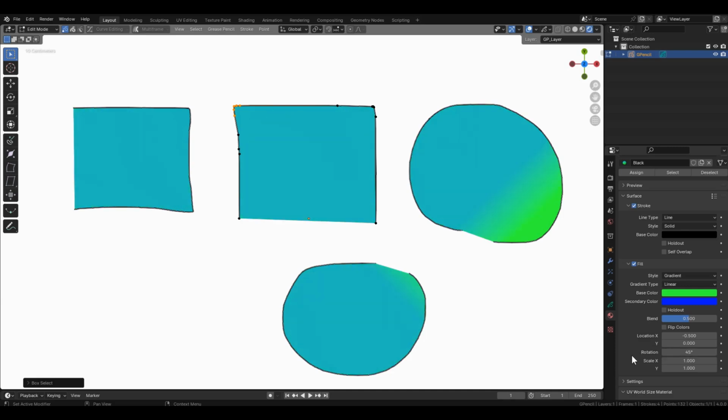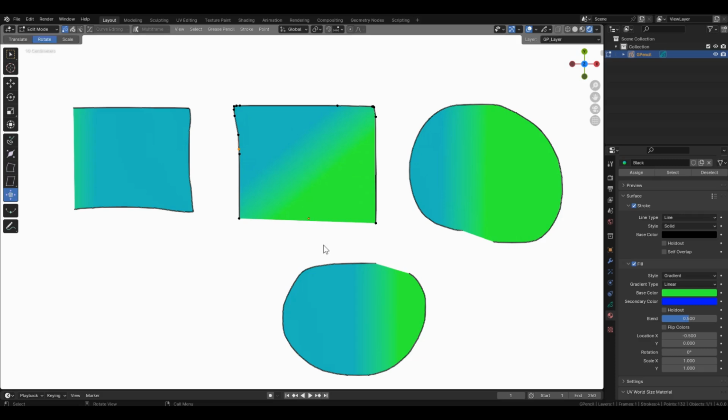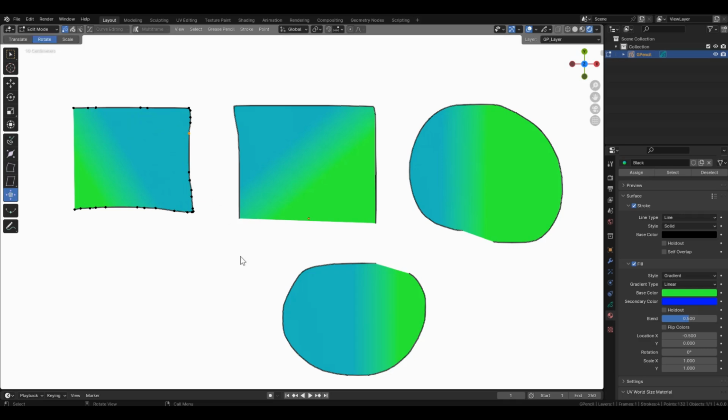You can also rotate the gradient to the desired angle using the Transform Fill tool. Activate the tool, select Rotation. Select the desired stroke, hold down the left mouse button and rotate the gradient. It doesn't matter where in the viewport you click with the mouse. The main thing is that the desired stroke is selected. Done with rotation. But we have two more types of gradient transformation available.